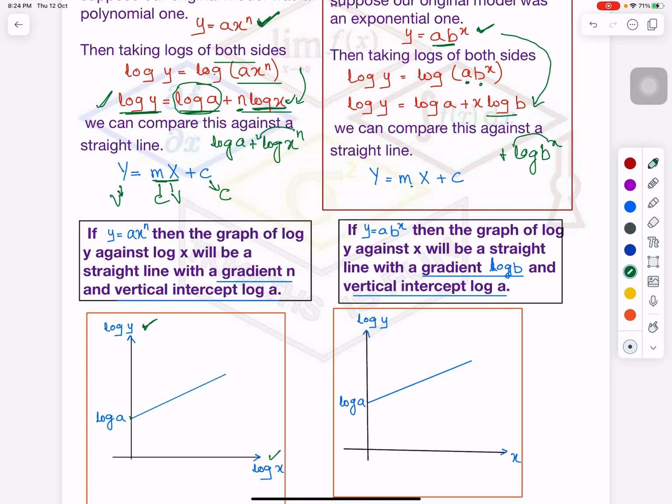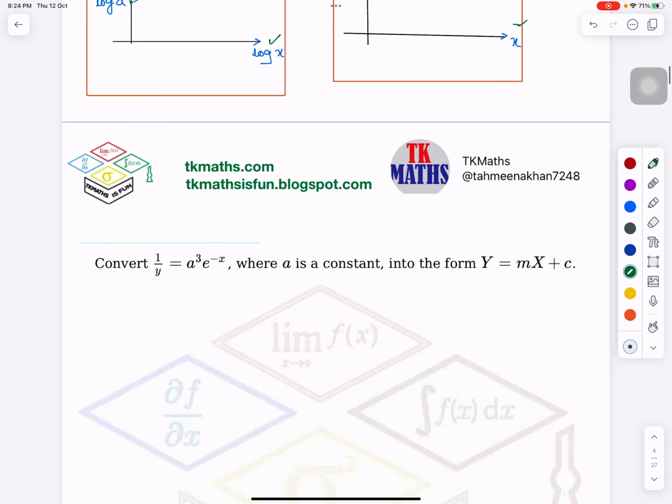Similarly in this one, this is my y-axis, log y. This is my x-axis, just x, and this one is my intercept, so it is the log y-intercept. So I will write here log a, sorry. Now in this video I will just change this into linear form, so that